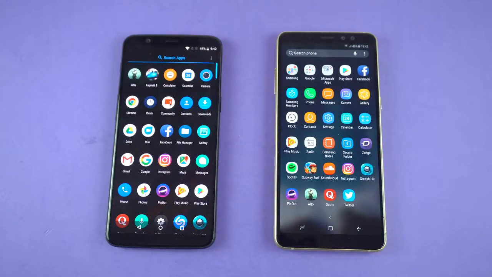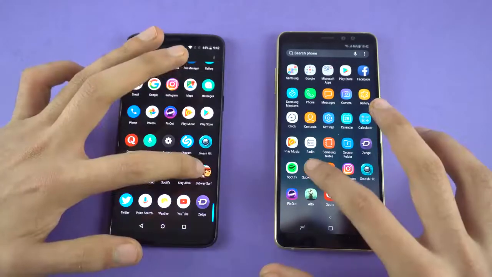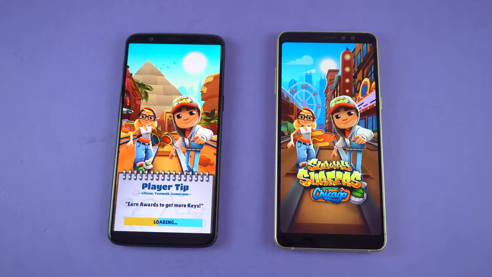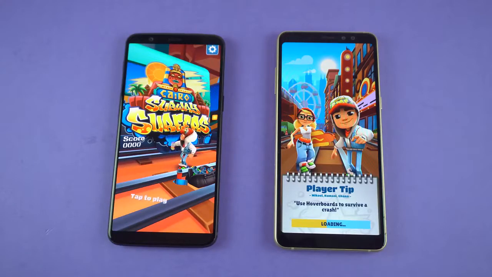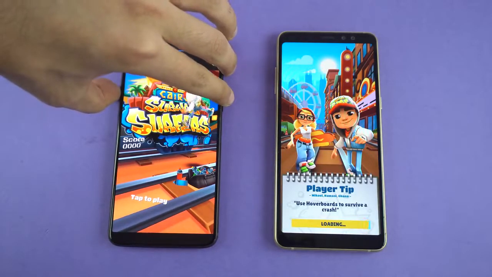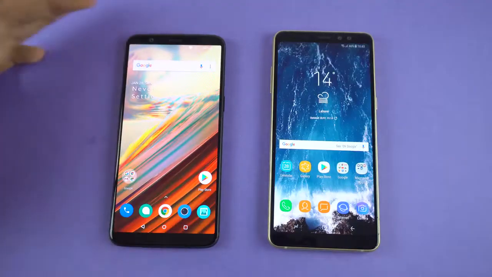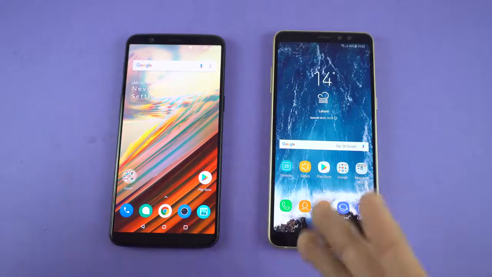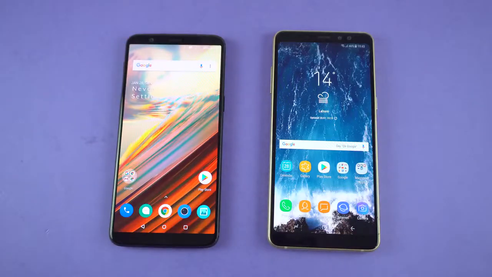Now we're gonna get right into some third-party applications, starting off with Subway Surfers. So this is the game we have, and let's see. Okay, OnePlus 5T. Easily done there. Just gonna increase the volume. In game loading times, you will definitely see a lot of difference between the Snapdragon 835 versus the Exynos 7785